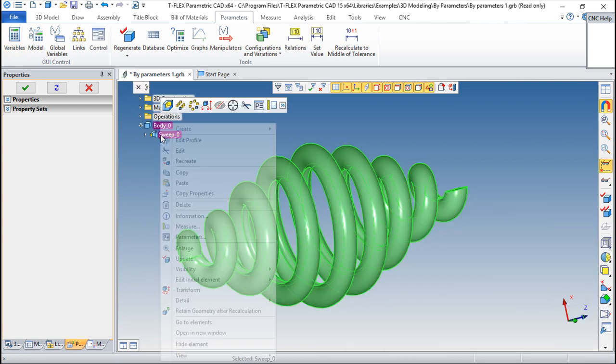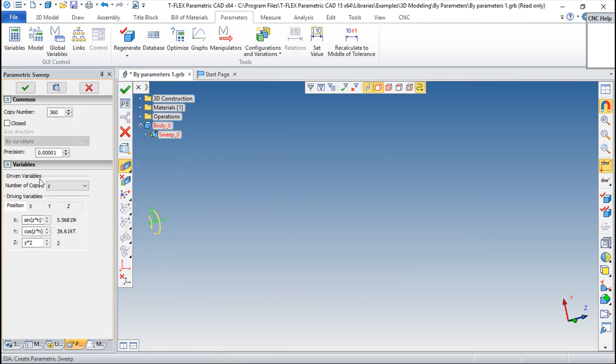And then on the sweep, we have this kind of dialog box, because this dialog box controls several things, and we have two main types of operation parameters, which are the driven parameters and the driving parameters. So these are the driven variables around here. And this is the number of copies. This should be connected always to the number of copies that we want to do, and point this to a variable. So I'm pointing this to the variable which I called number of copies. And I want to copy this 360 times, okay, to have a full